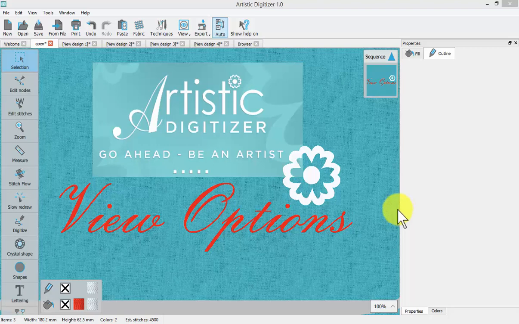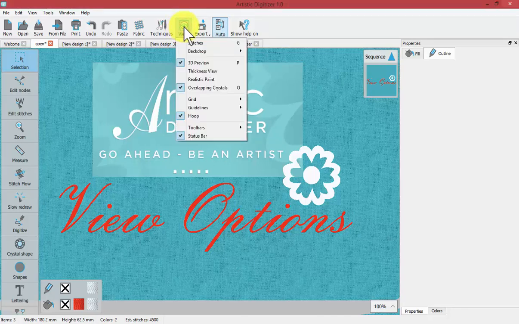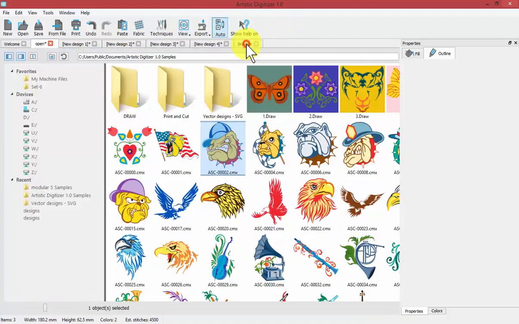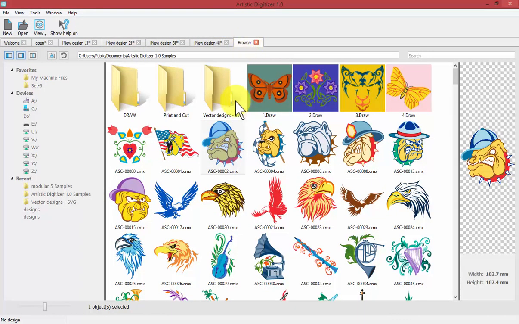In this video, we're going to look at the view options, and they're found here with the view tool on your main toolbar. When I click on that, it shows me a list of different ways that I can change the way that my design will be viewed. To demonstrate that, I think what I will do is just click on my browser